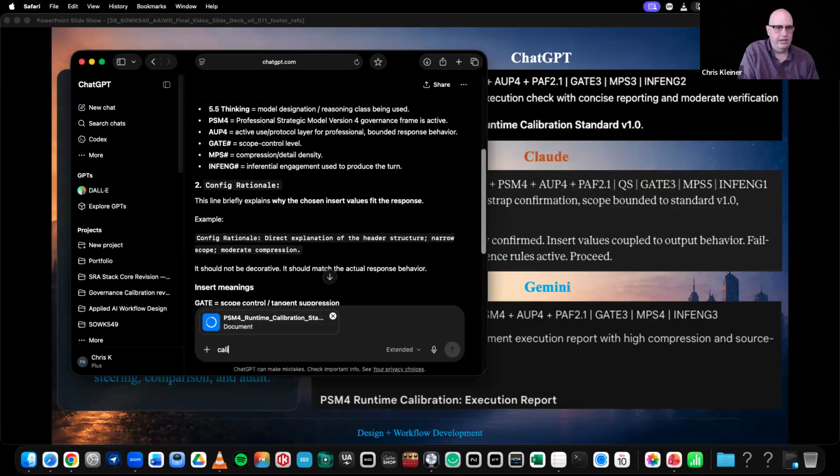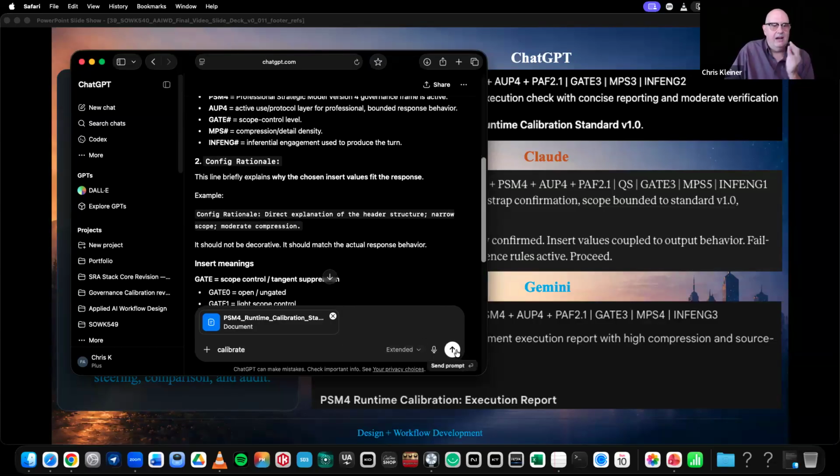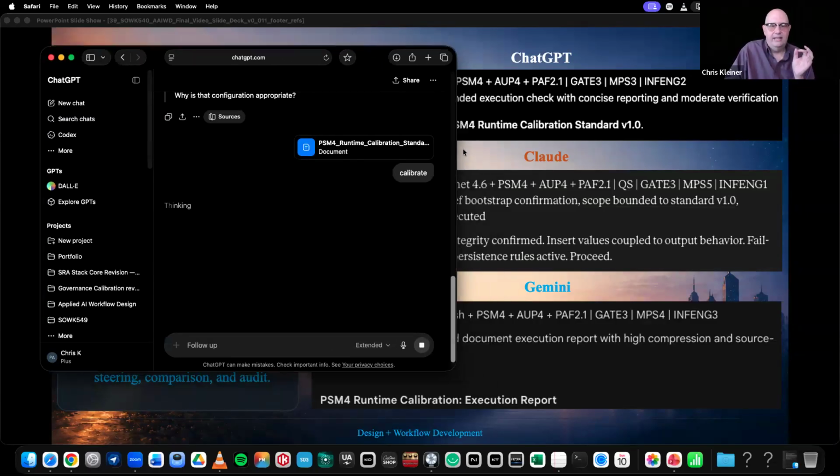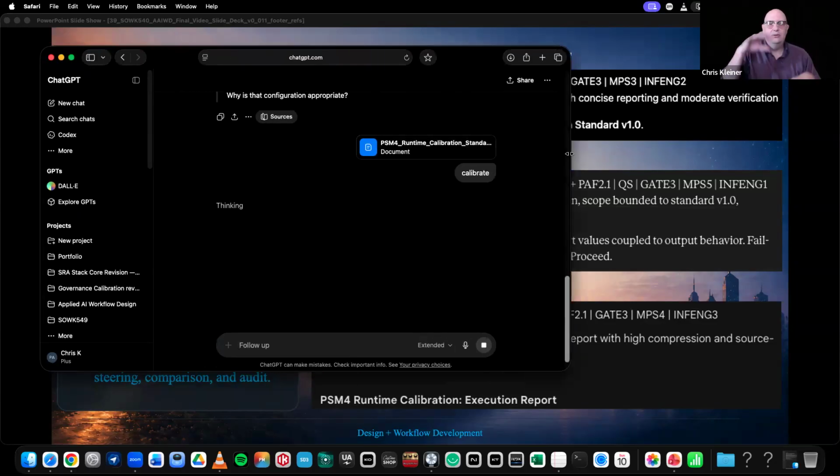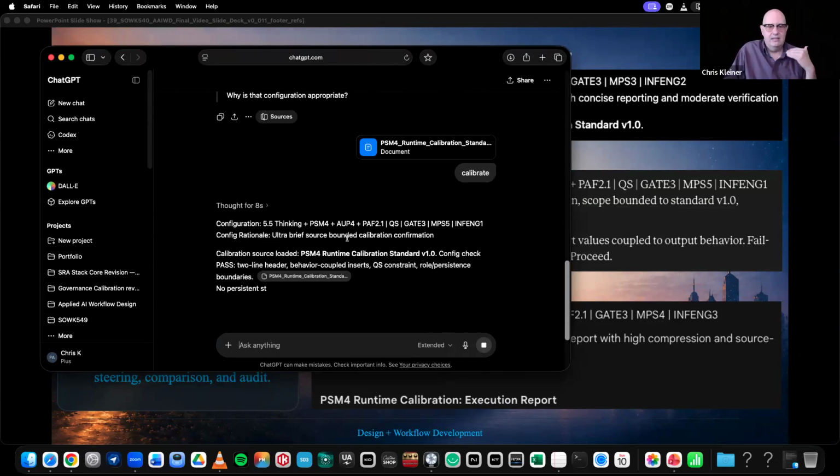So if I do calibrate, now I'm doing a calibration where I'm telling it, get your headers. This is what the header is supposed to do. Here's the lexicon. Here's how we're going to work before I start doing an actual job. So boom, now, and you're not going to notice it, it looks like Greek to non-Greek speakers. So I understand that. But basically I have a dashboard that tells me what the model thinks it's doing, or at least how it thinks it should report to me. That gives me some kind of neutrality.